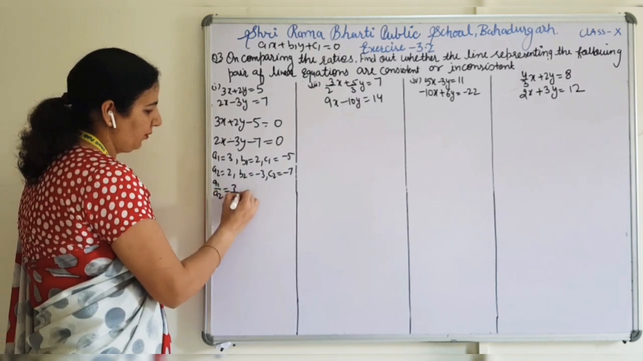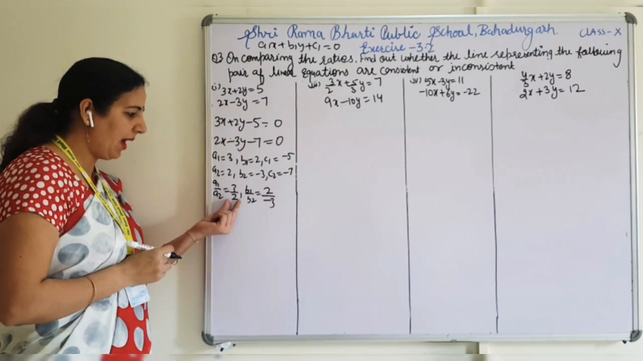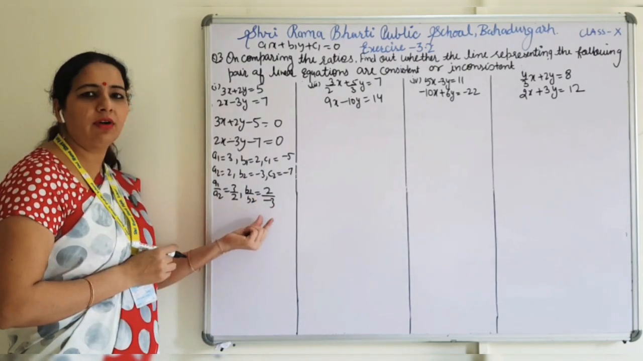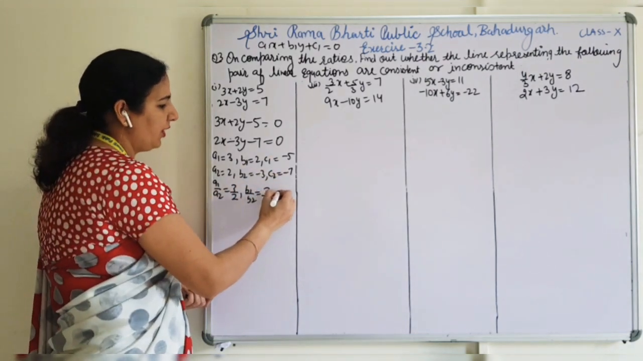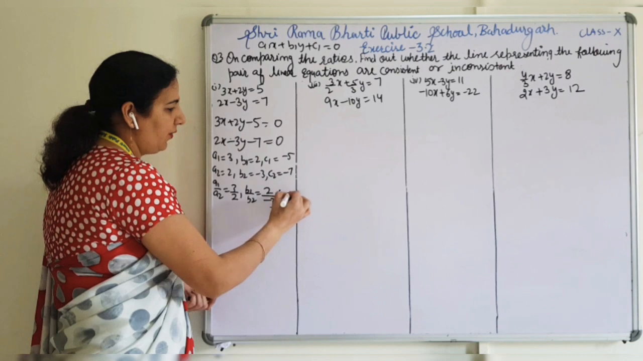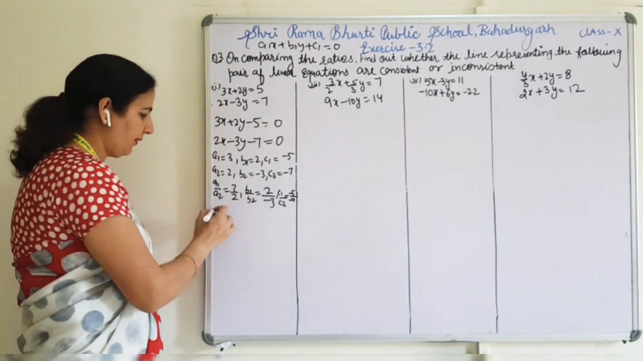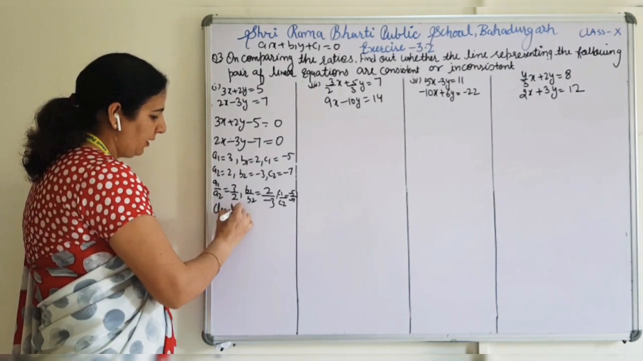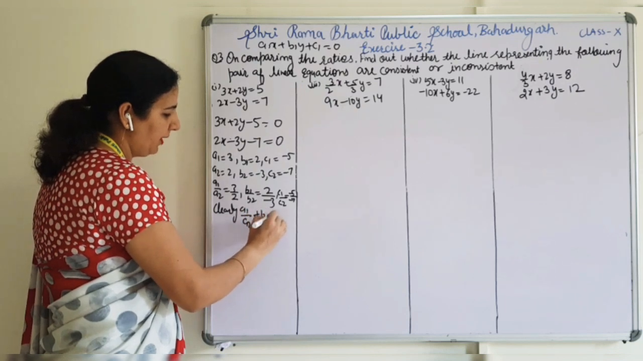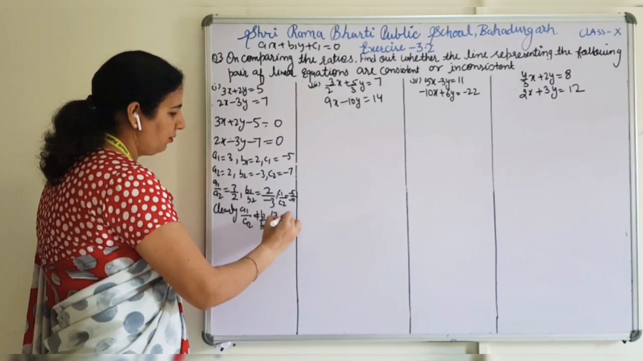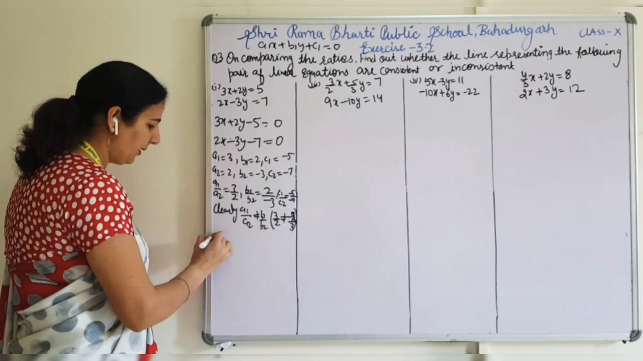a1 upon a2 is 3 upon 2, b1 upon b2 is 2 upon minus 3. Here I can see that 3 upon 2 is not equal to 2 upon minus 3. So no need to calculate c1 upon c2 because we are not going to compare. But still if you want to calculate, it will be minus 5 upon minus 7. Clearly a1 upon a2 is not equal to b1 upon b2 because 3 upon 2 is not equal to minus 2 upon 3. So this implies